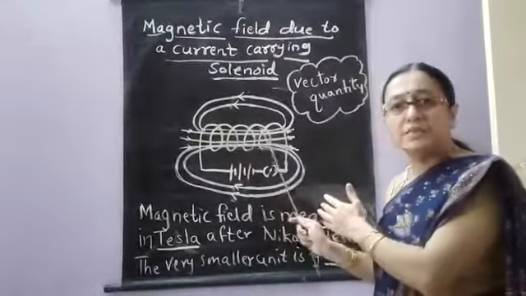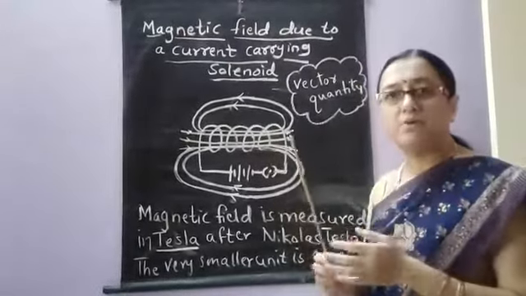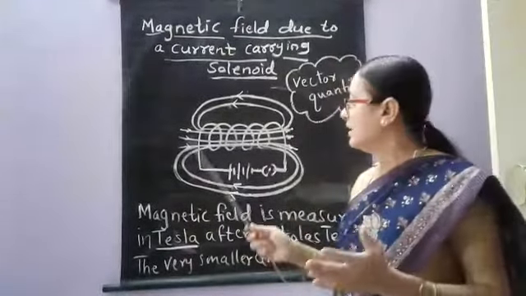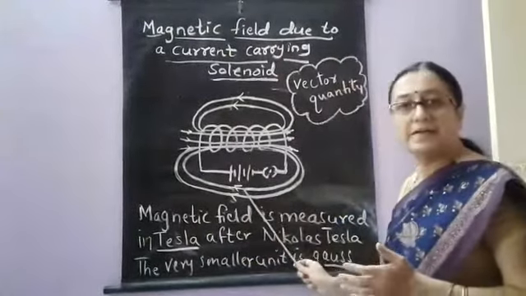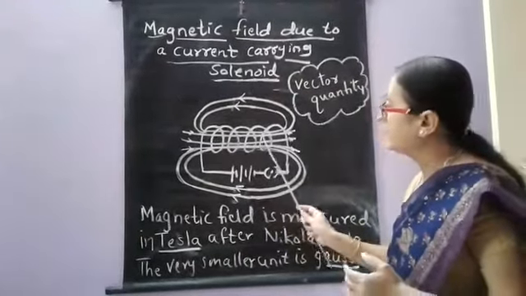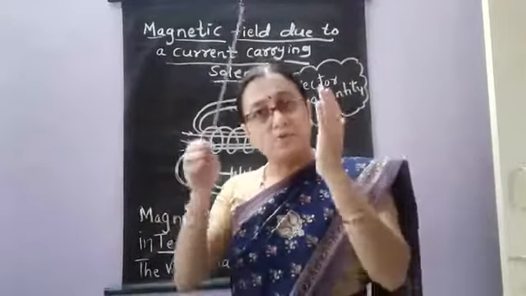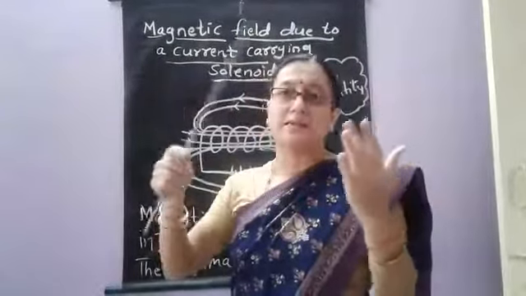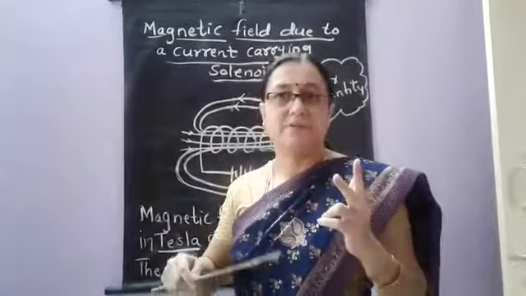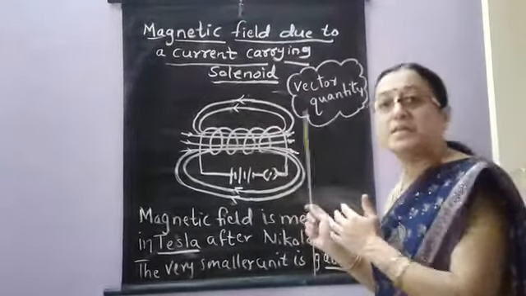again a magnetic field is formed here. Just like how a magnetic field is formed in the straight conductor and in the coil, even in the solenoid a magnetic field is formed, because it has many turns which are distinct from each other. In case of a circular coil, in one place only many turns are taken, so the magnetic field is formed in only two places. But here the magnetic field is produced in each and every turn.